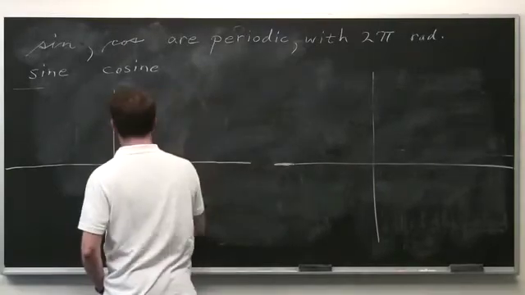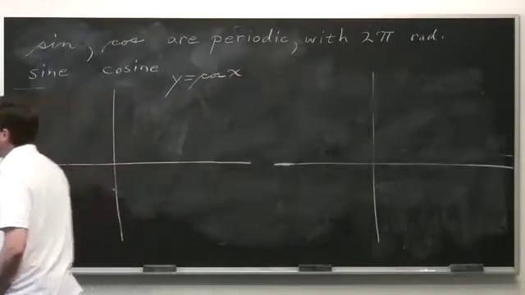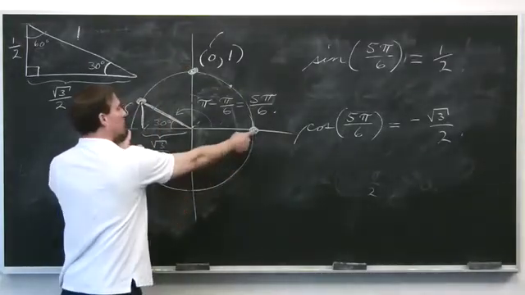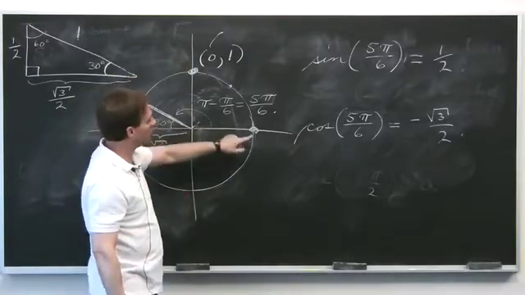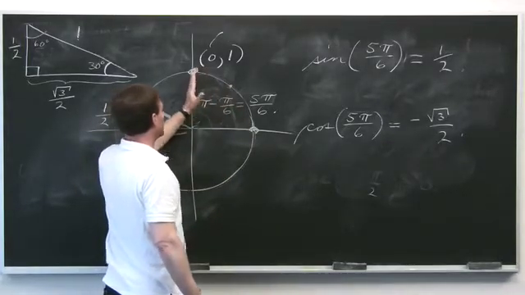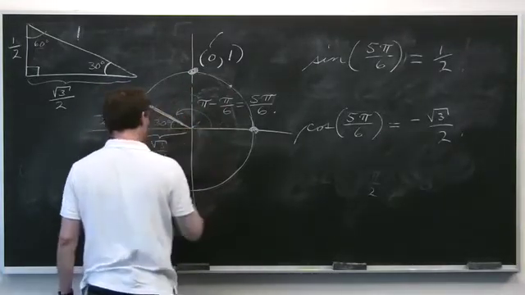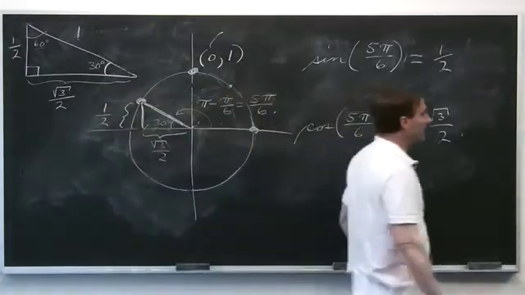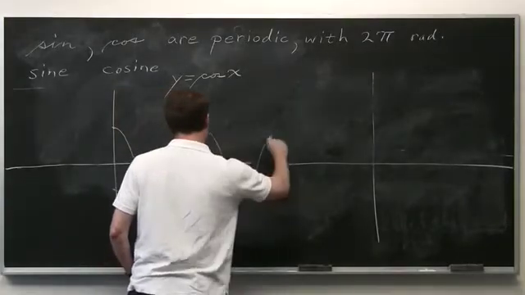So y equals cosine of x. Well, you're on the unit circle, so certainly the x-coordinate is always between -1 and 1. The y-coordinate, the sine, is always between -1 and 1. As the angle starts to increase, your x-coordinate starts dropping, and then it keeps dropping down to -1, and then it starts increasing. It starts increasing back to 0, and then it increases back to 1. The graph of cosine looks roughly like this,